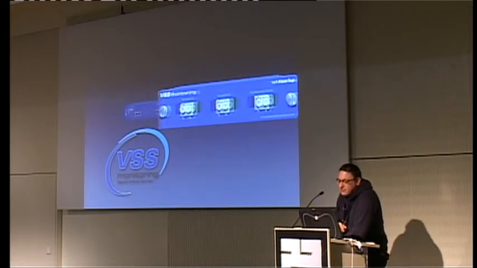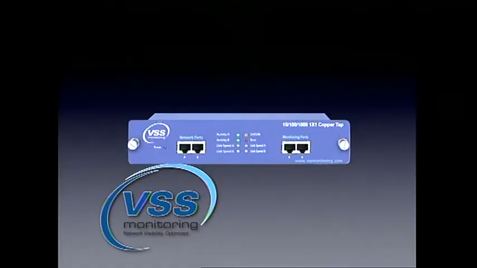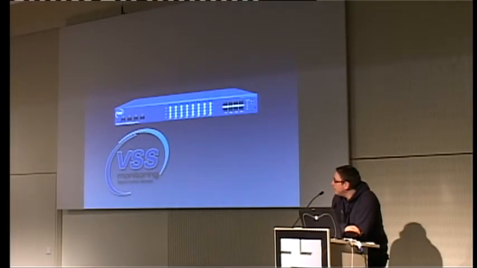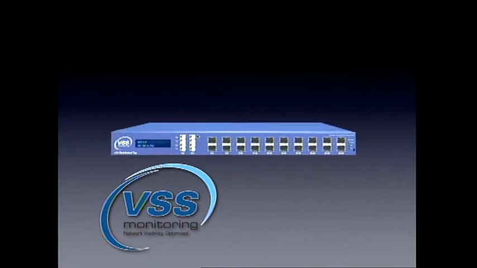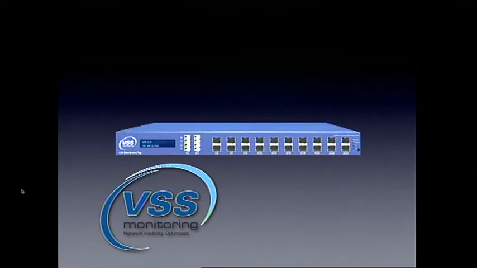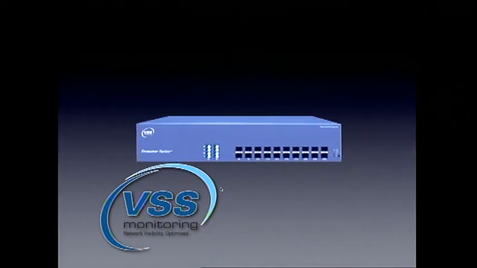They also have small devices for copper lines, and bigger ones with 10 gigabit ports on the left here. You see those XFP ports and a couple of 1 gigabit ports. This is their flagship with 24 10 gigabit ports. And this one is quite a nice toy. This is a protector or object finder. It has been built for filtering only. So you can plug in a line and filter out